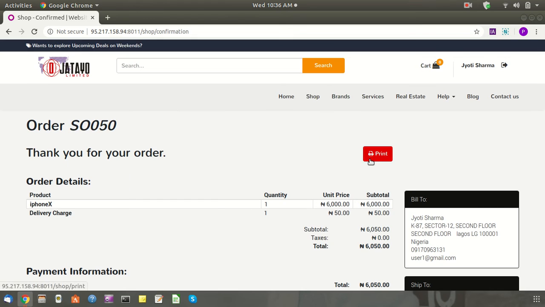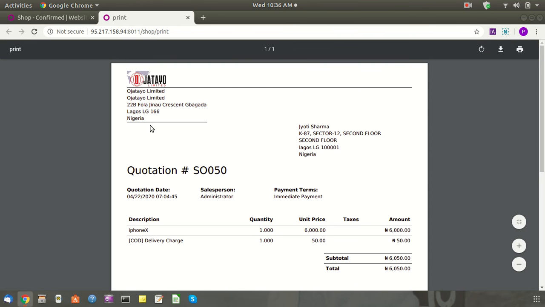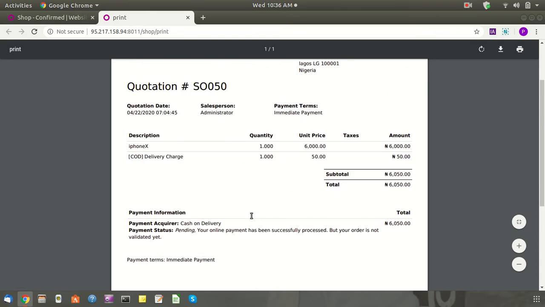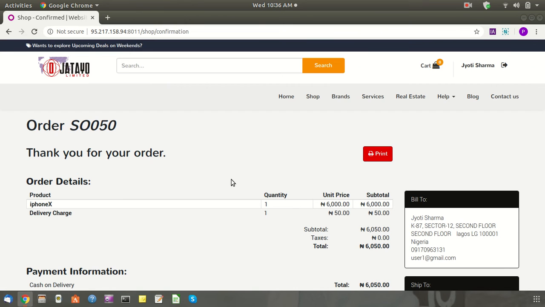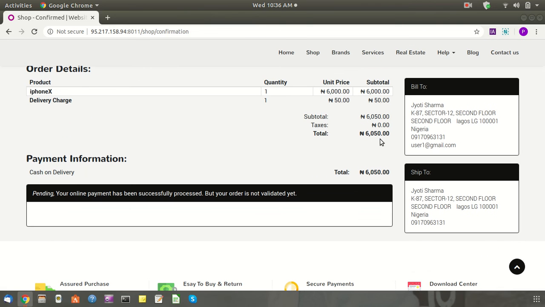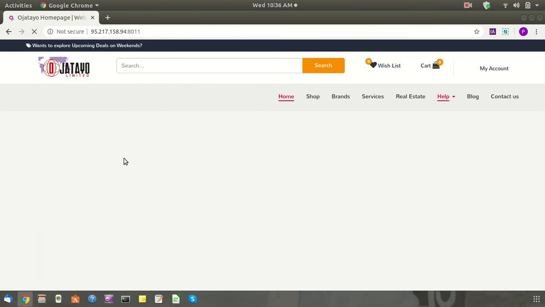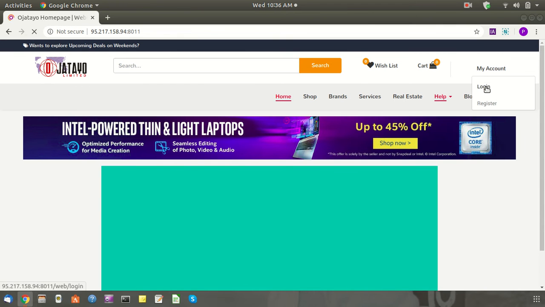Okay, you can also take a print, delivery charges, this one. So I just bought one product, iPhone X. Okay, I already gave the order. Now log out with the user and log in with the admin,